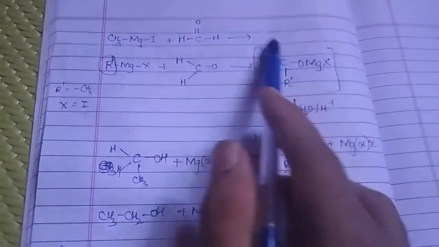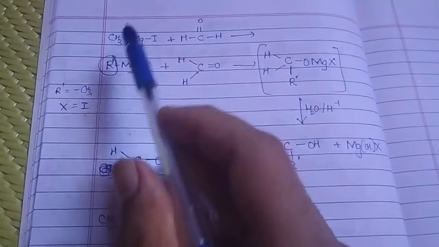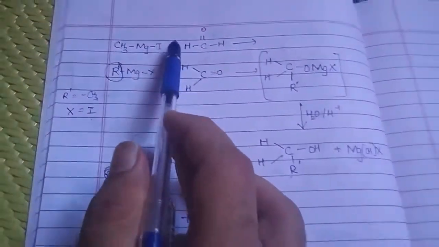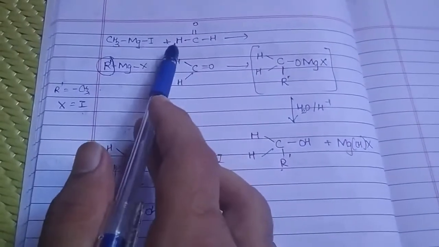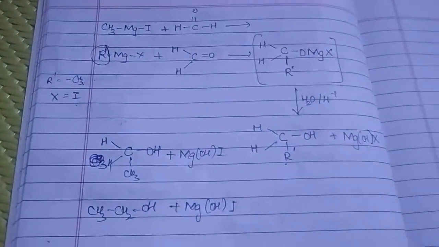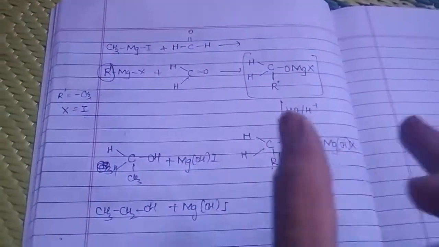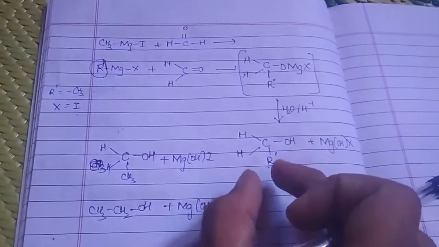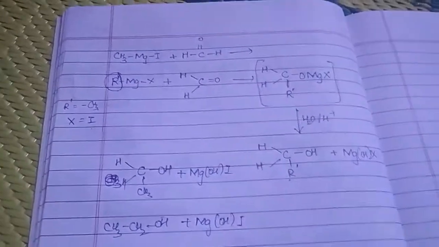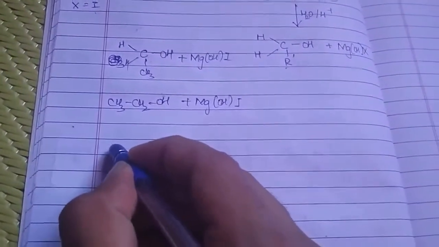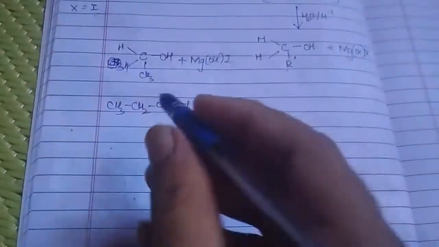Why am I saying this? Because if you know this general reaction, you can easily substitute, because in certain cases they can give you a bulky Grignard reagent in order to confuse you. When you write your structure, you may leave out one or two groups. So don't go with that confusion. First write the general reaction, get the product in a general way, then substitute whatever the R and X values are. For example, they have given you one more reaction.